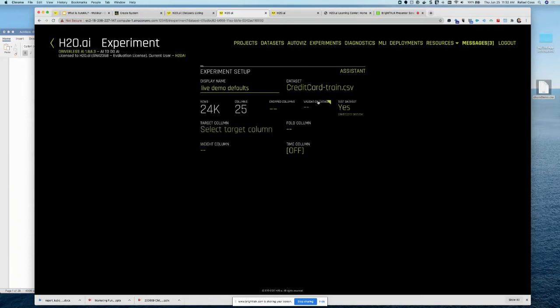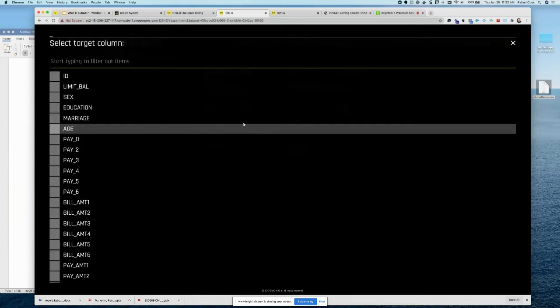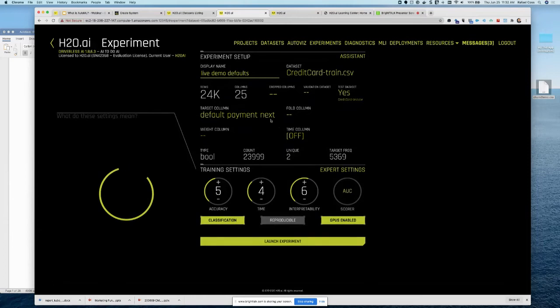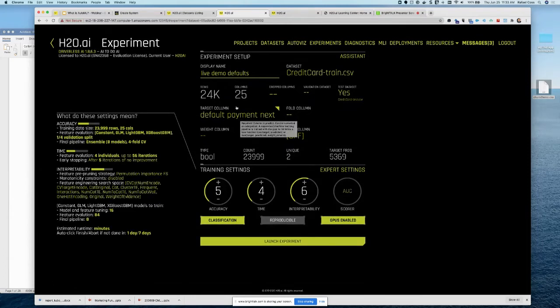Driverless AI automatically does k-fold cross-validation. Again, this is some of the automation and the AutoML that facilitates and streamlines the process. We can select what our label is, or the target column, for which examples exist. In this case, we're looking at default payments, to identify a pattern and build a machine learning model on it. So again, we're starting to see AI for AI in action here, where it's figured out this is a classification problem.